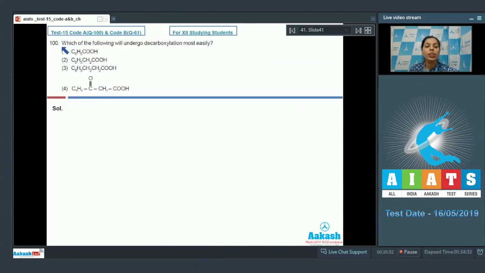After this, question number 100. Which of the following will undergo decarboxylation most easily? We know that carboxylic acids undergo the decarboxylation reaction. If you check the given options and look at option 4, you will see that here is a beta keto carboxylic acid, and that beta keto carboxylic acid will definitely undergo decarboxylation most easily. That's why I'll choose option 4 as my correct answer. After this,